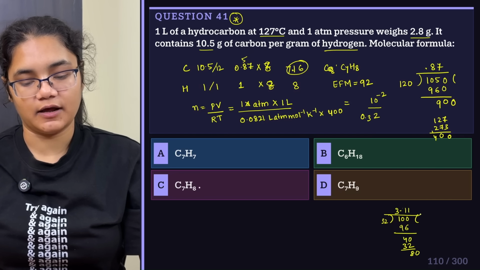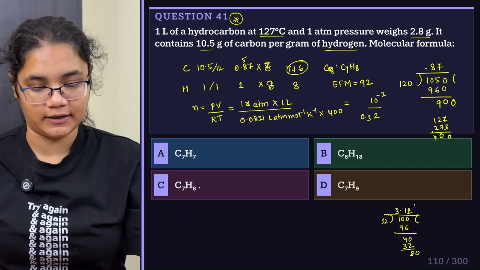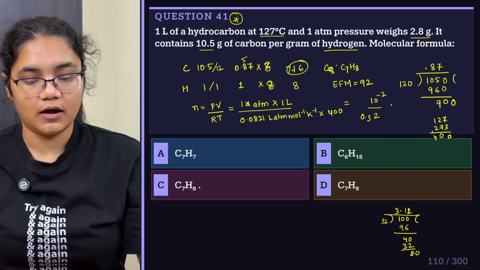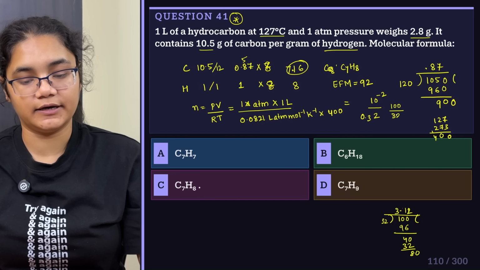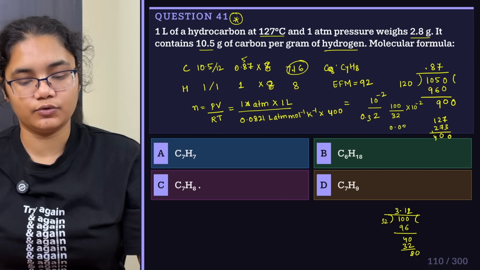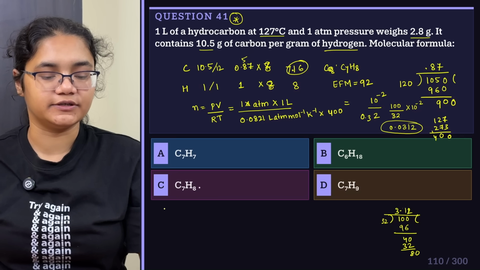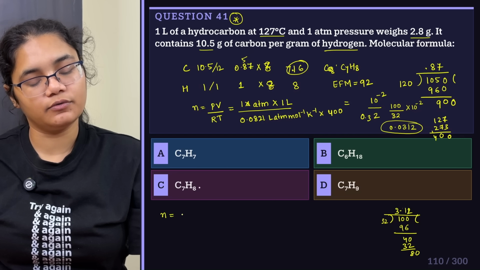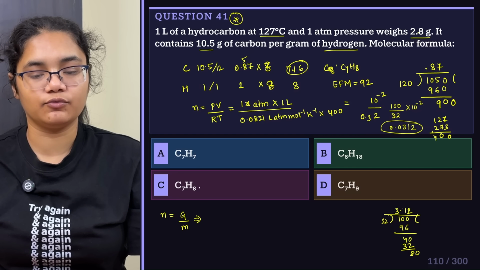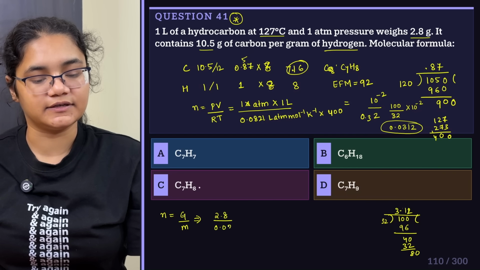Okay, so that will again be 3 point, sorry, 2 2s are 4, 2 3s are 6, so 3.12 can be taken. So I will have 100 divided by 32 into 10 to the power of minus 2, right? So I'll get 0.0312. Okay, so this is the number of moles here. Now you know number of moles is equal to given mass by molar mass. Now in the given question we have 2.8 gram as the given mass, so 2.8 divided by